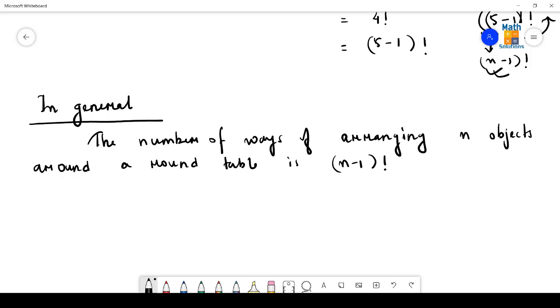That is, in very simple words, to be very simple, in case of this arrangement,